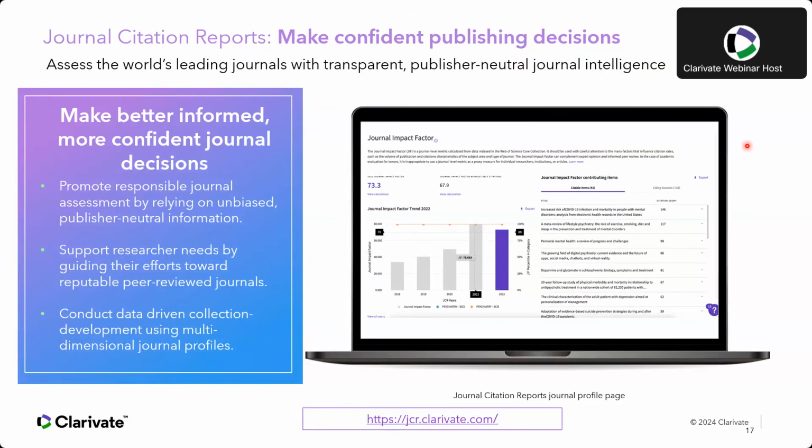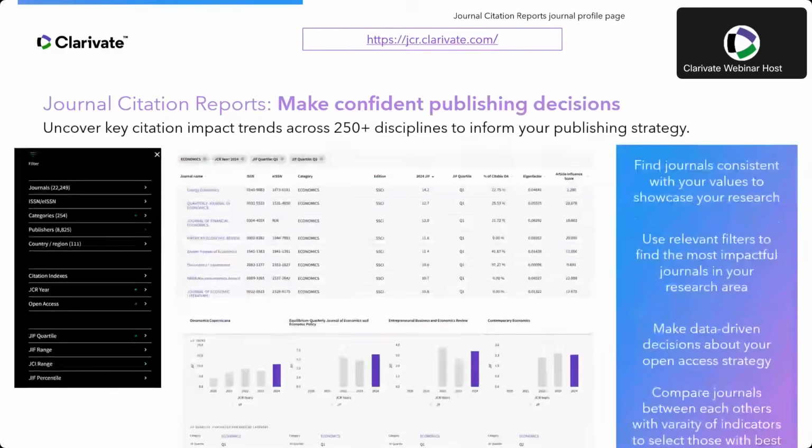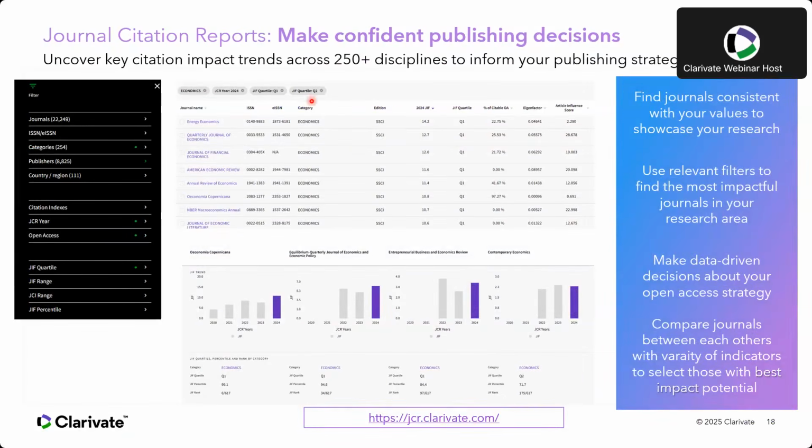So here you can evaluate them with different views, not only the impact or the influence, but you're going to have data around open access as well, the sources of the citations, the institutions contributing to the journal, the countries contributing to the journal, and so on. So it's really a very comprehensive profile of a journal. So a few screenshots. For instance, this is a list of journals